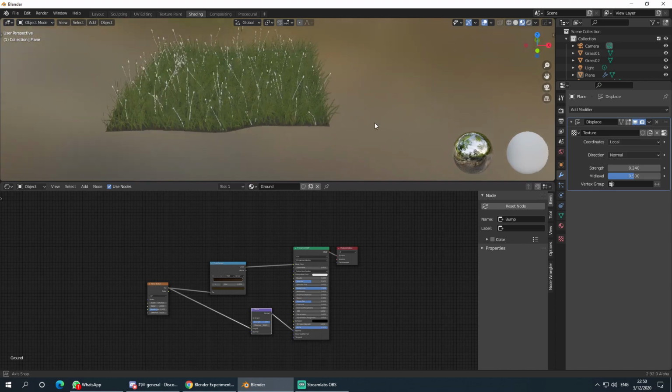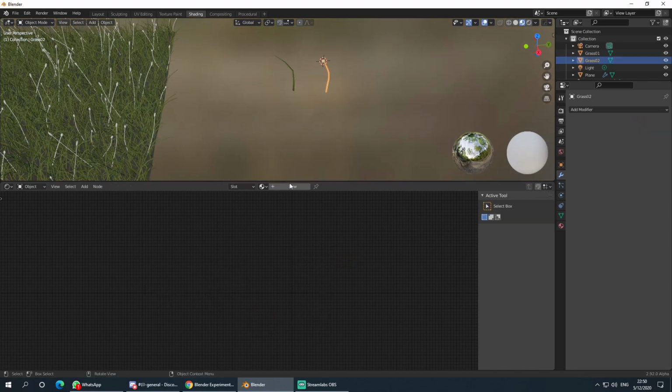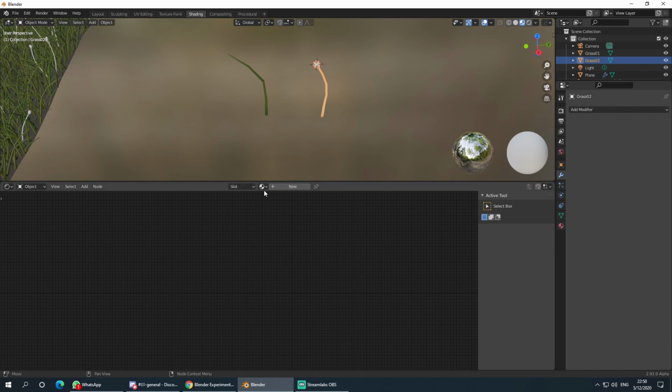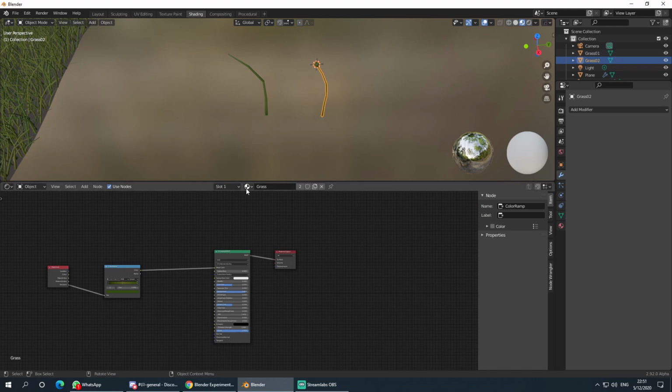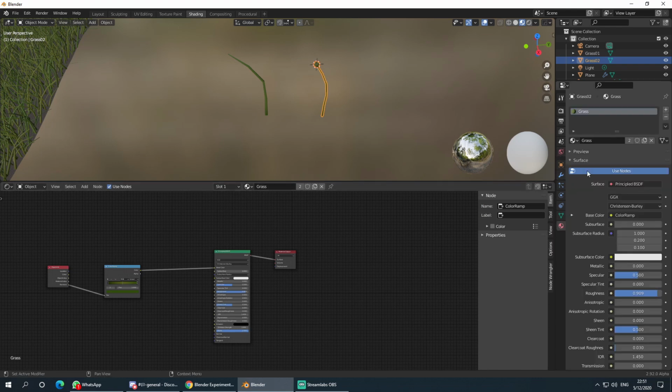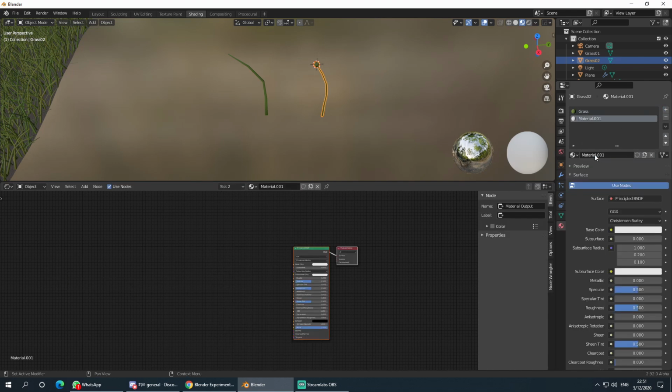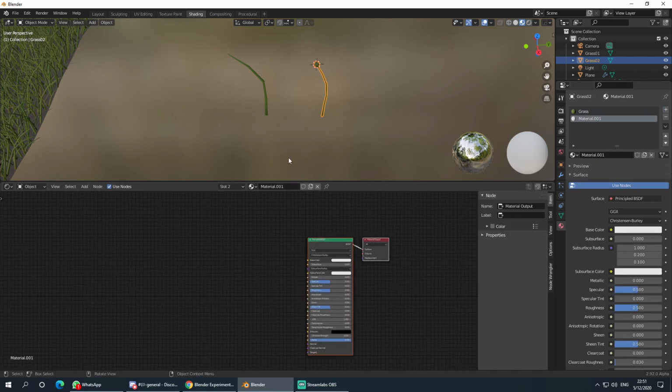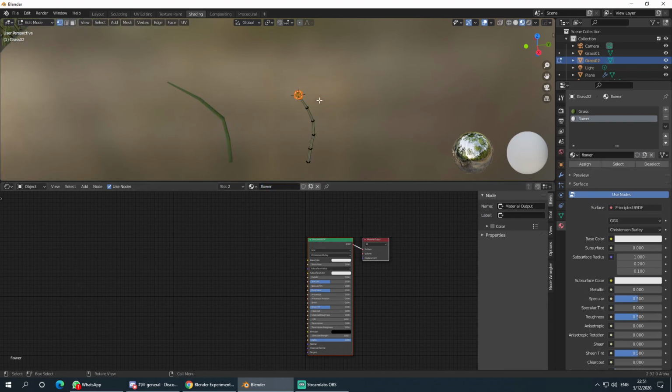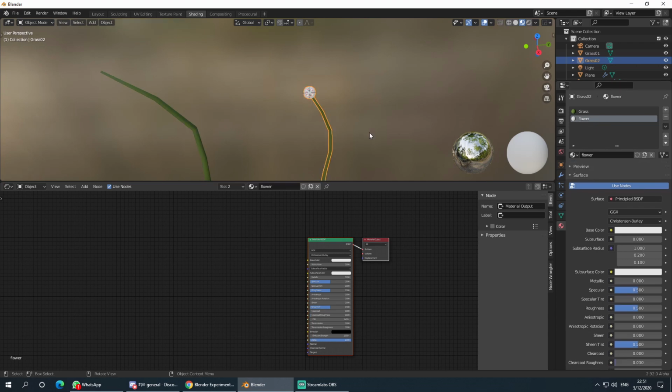Now we will take care of the flower. We will assign 2 materials to it. So we take grass, and then we will add a second material, create new, flower. In edit mode, you can select it with L, since it's a separate object, an island, and assign. Be sure you're selecting this, assign,